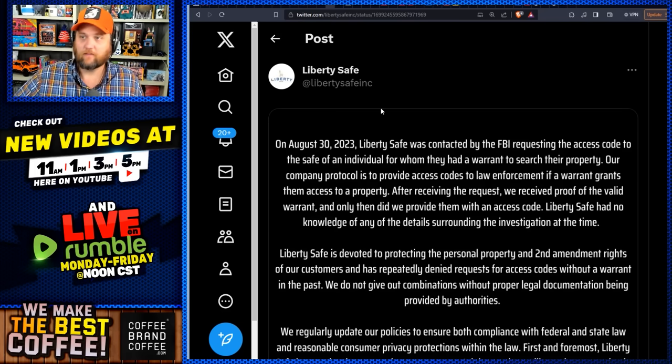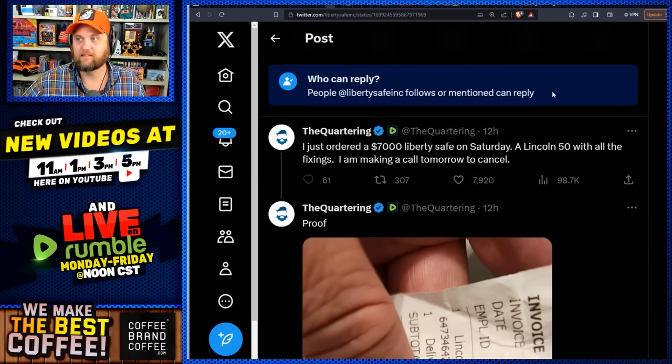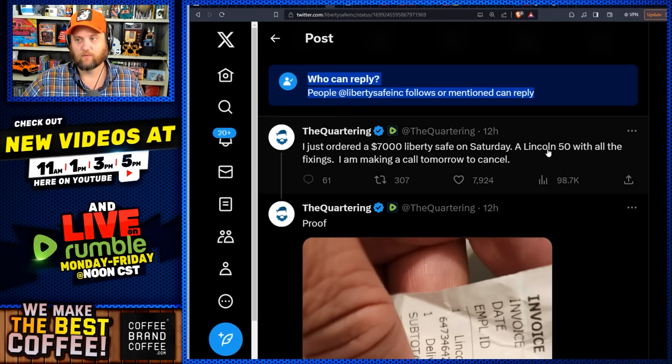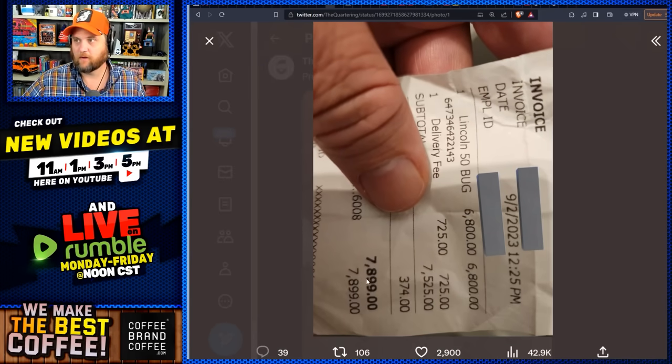But now Liberty Safe puts this statement out, which is getting absolutely crushed. And then they did the one thing, they really Bud Lighted this. They shut down replies after getting ruthlessly ratioed. By the way, a lot of people say, Jeremy, you actually didn't do that. I posted my receipt. I bought it at